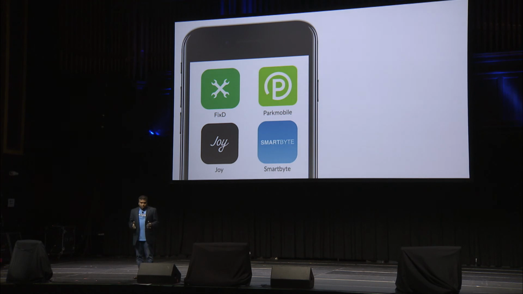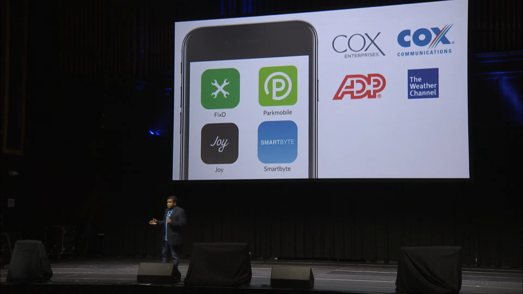MoQuality is already being used today at several companies, our largest user being Park Mobile, who has 7.5 million end users, and all of them trust MoQuality to keep their quality under control. And we've already saved over 20 hours per week at these companies. We also have several enterprise companies in the pipeline, such as Cox Communications and ADP, who are starting a pilot with MoQuality. And today, I'm happy to announce that one of the largest smartphone manufacturers, Huawei, has signed a trial contract with MoQuality to help them test latest games on their new Android phones.